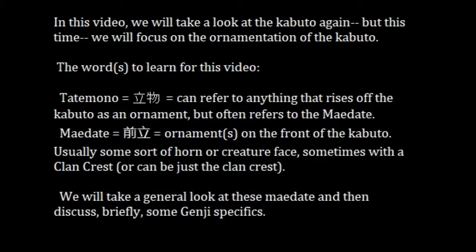In this video, we are going to take a look at the kabuto, the helmet, again. But this time, we're going to focus on the ornamentation of the kabuto. In the previous video, we discussed the basic idea of the kabuto with some of the basic shapes, basic patterns, colors, things like that. In this video, we're going to focus on the Tatemono, or you could also use the